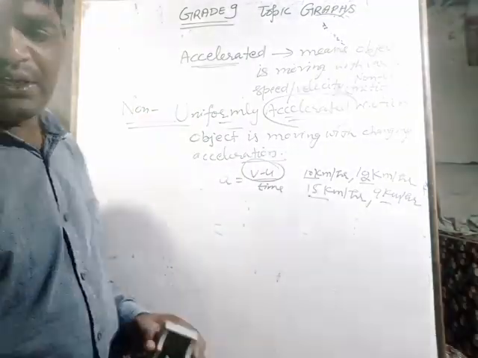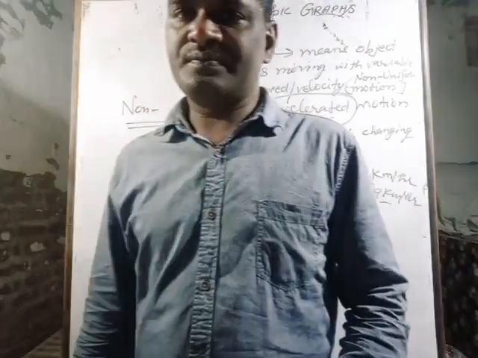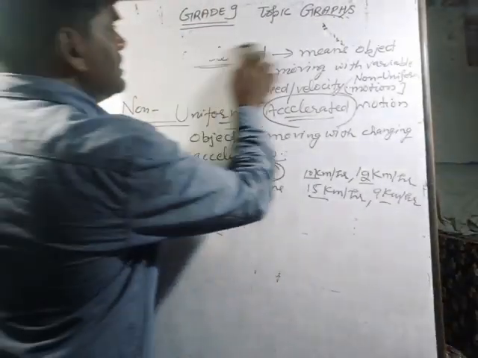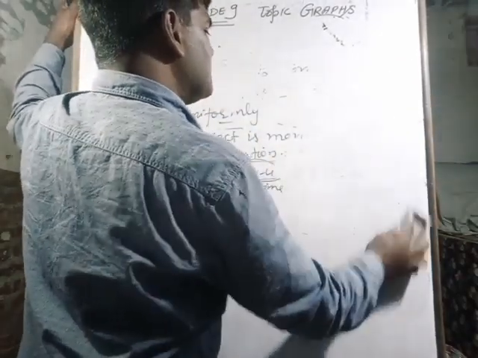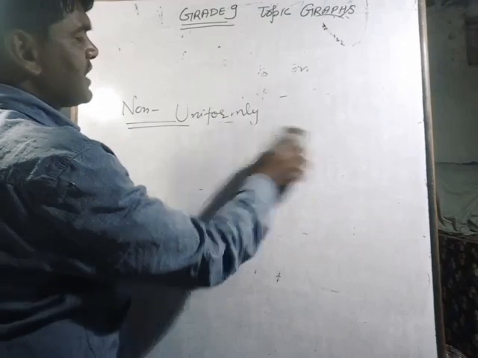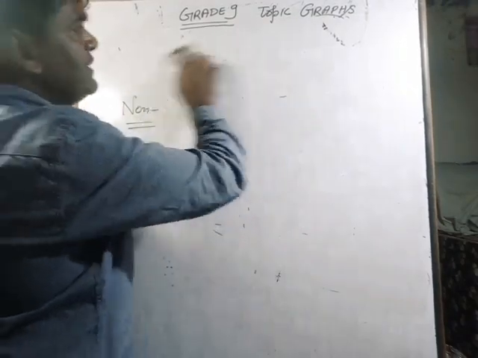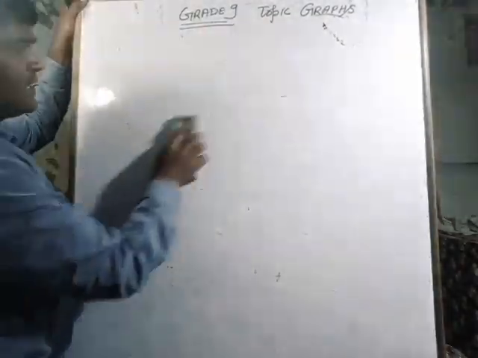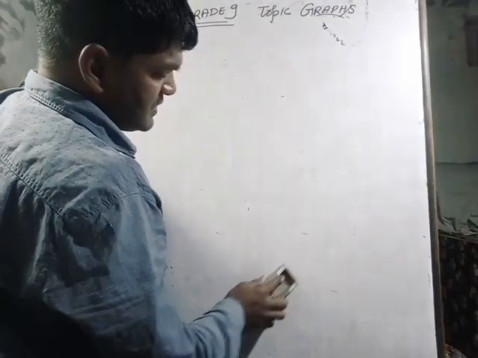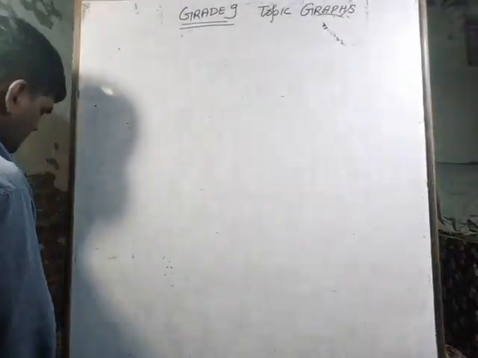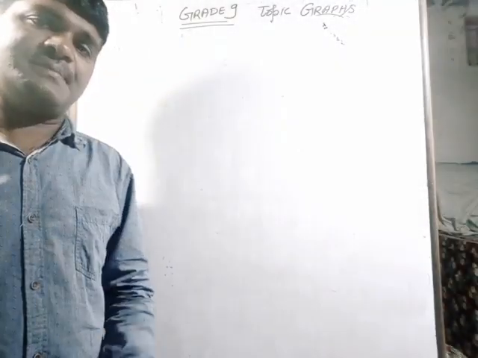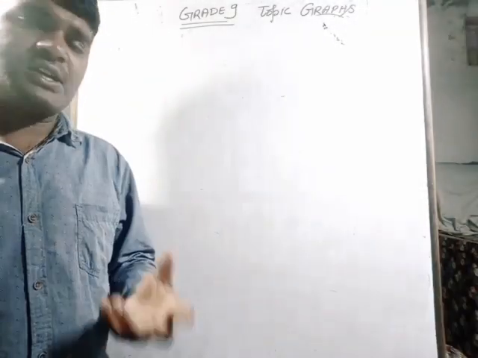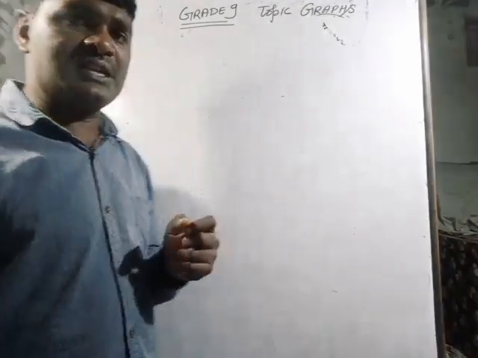Now let's conclude finally how the velocity time graph can be plotted for uniformly accelerated motion. This is the most important and last topic for today. After that, two topics will be remaining from that chapter: equations of motion from graphical representation and uniform circular motion. In the next video we shall discuss it.